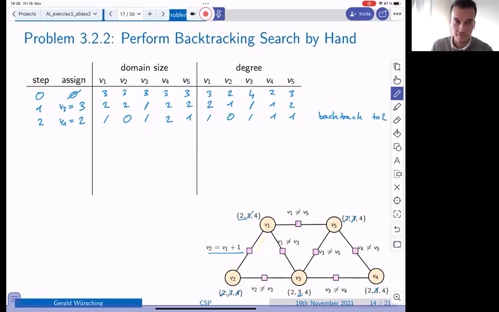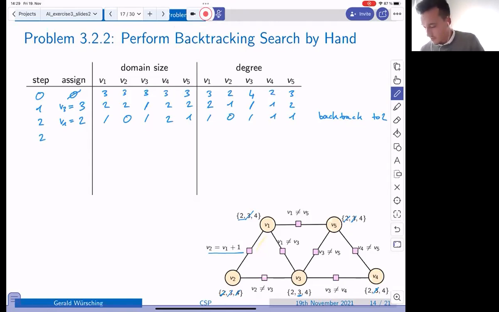So what that means is we have to go back to step 2, in which we are anyway currently, and we have to try another value for v1 because we found out that v1 equals 2 just doesn't work. So it just will result in a failure for the whole backtracking search because we don't have any value anymore left to assign to variable 2. Okay. So then I'm just going to do one more step because then the time is unfortunately up again. So we're just going to do step, oh, sorry, it's not step 3. It's basically step 2. So every time we backtrack, we have to repeat the step again. That's why we write down step 2.